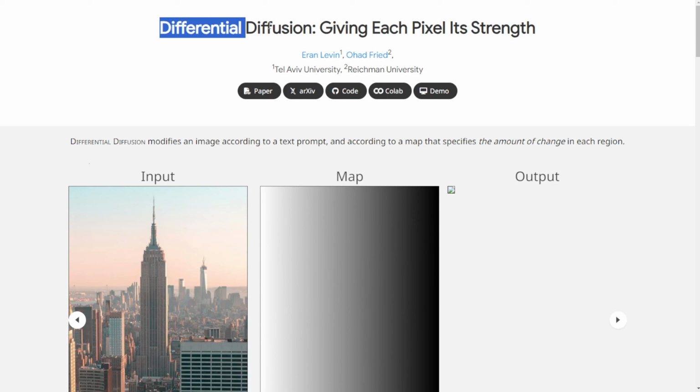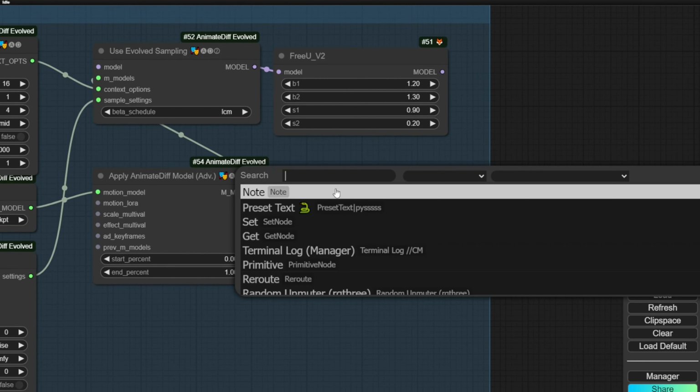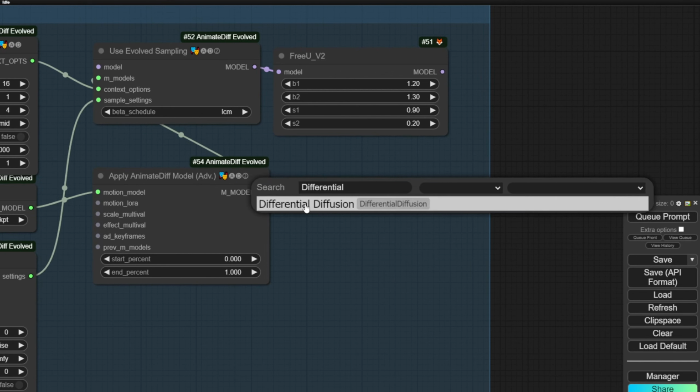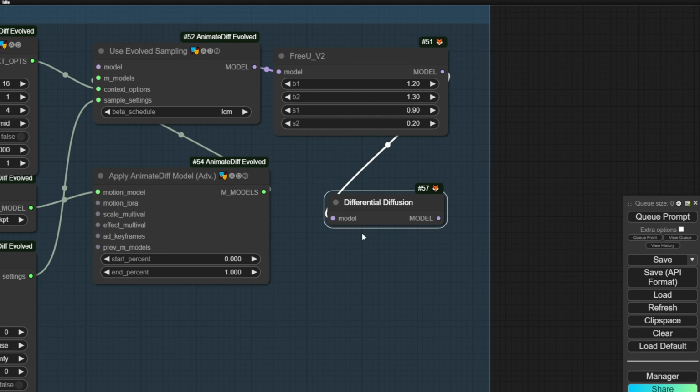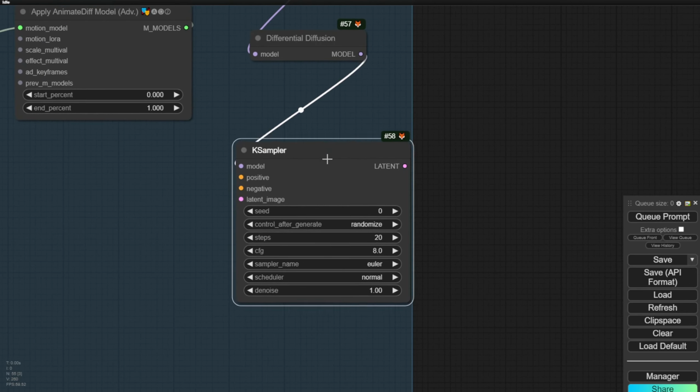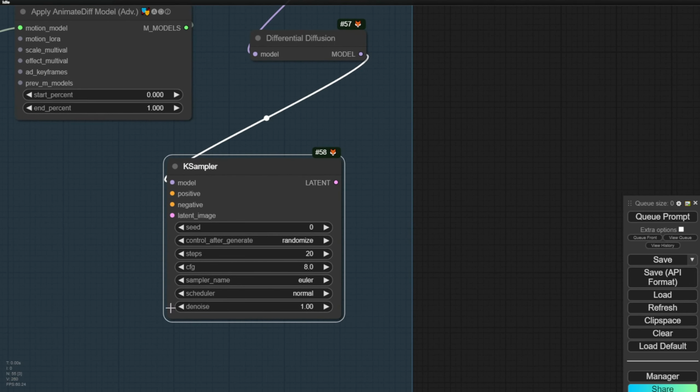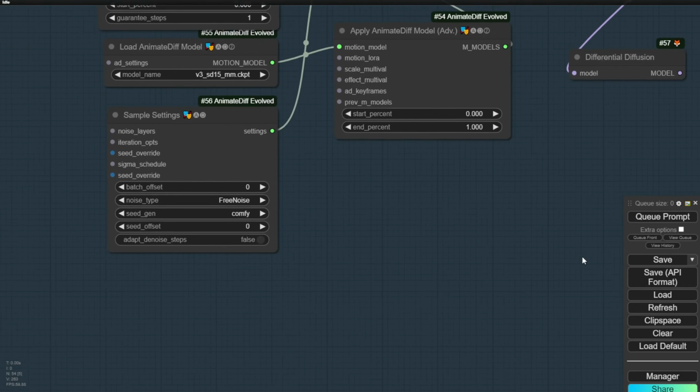And then for the sampling in here, we'll have the sampling settings from noise. I recently like to use from model data. And that's basically it for the AnimateDiff. And of course, before the VAE, we have what we talked about, the different diffusions. Search for this custom node. It's by default in the UI itself. You don't have to install extra stuff. So in here, we have the diffusions. Then we'll go to the KSampler, and we'll have the sampling method. Everything runs in here. But then before that, we have to prepare our latent image as well.